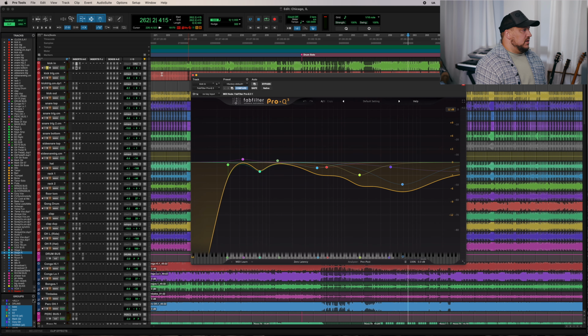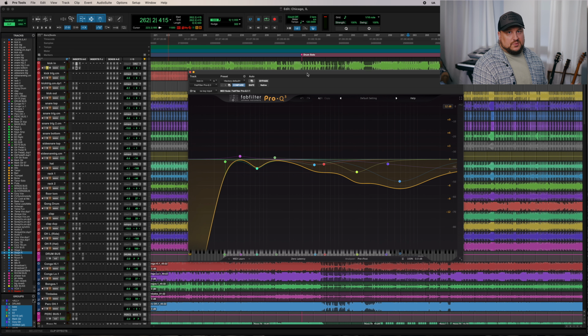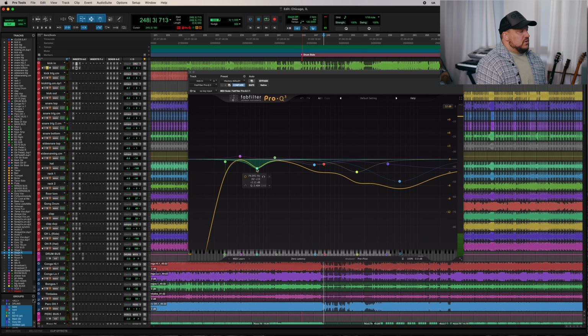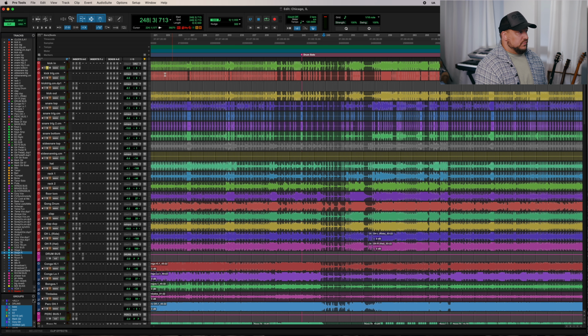Next, within the kick, again, Pro Q3, another thing you're going to see a lot within here. Just really taking out a lot of the high-end information that's coming in. I'm taking out around 74 just to have the bass pop a little bit more. Really the only reason I have that. And then I'm combining all of the kicks here, so kick in, kick trigger, kick out, and shaping them within the EQs that they have going. I've already printed the kick trigger here, so you're not going to be able to see exactly what I did within that, but